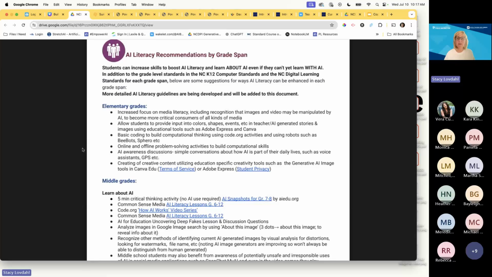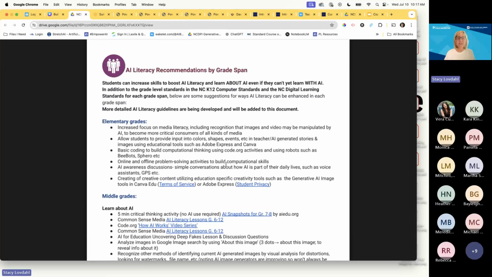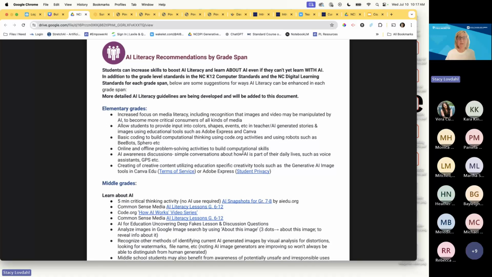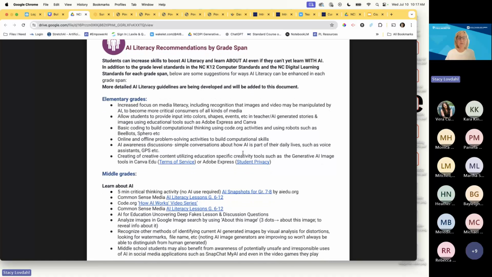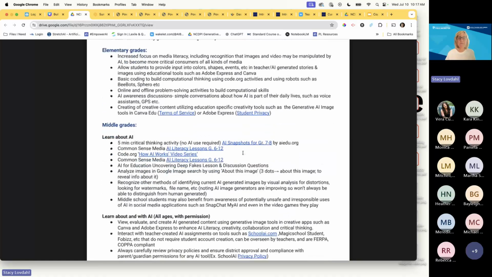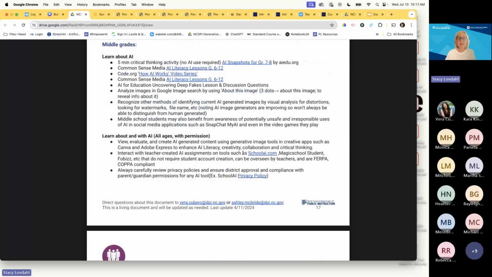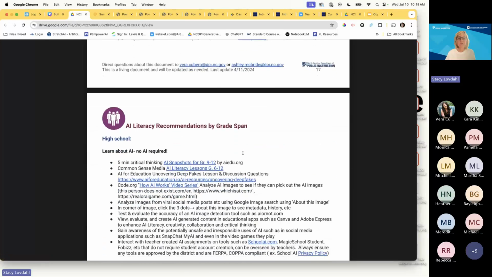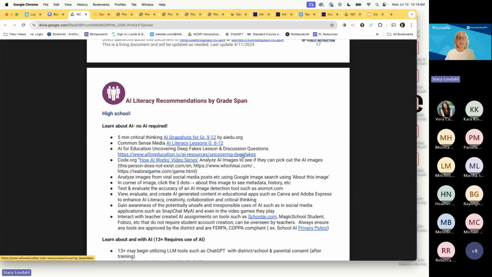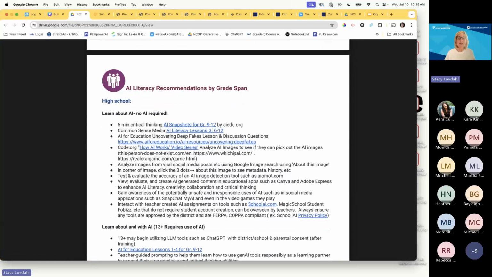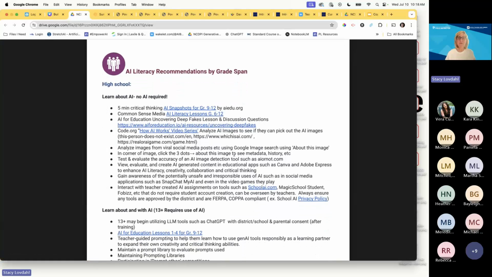So in the North Carolina guidance, we have a section for AI literacy recommendations broken up by grade span. At the top of 17, we have elementary and some recommendations and resources, middle grades for learning about AI, and then high school learning about AI. One of the important things to keep in mind is that